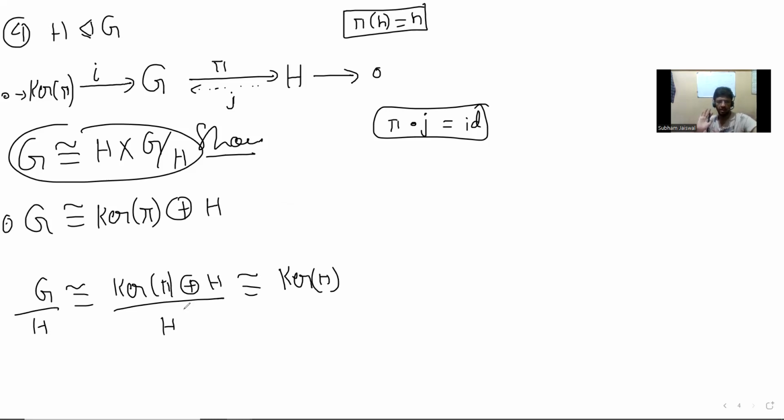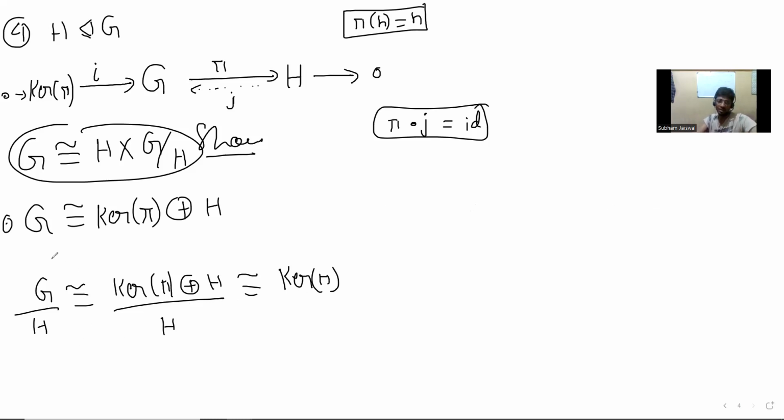This is fine, because you can just prove this by the first isomorphism theorem. Just take the kernel of pi plus H and take the projection. It's just a direct summand, so you can take the projection, because now it's straightforward. But there are other ways. You shouldn't be saying things like: if A mod B is isomorphic to C, then A mod C is isomorphic to B. Don't say things like this. These are not correct in general. But when you already have a direct sum decomposition, then it's correct.